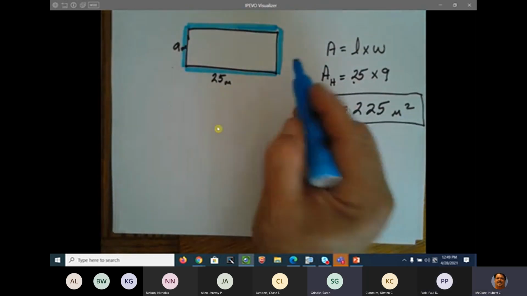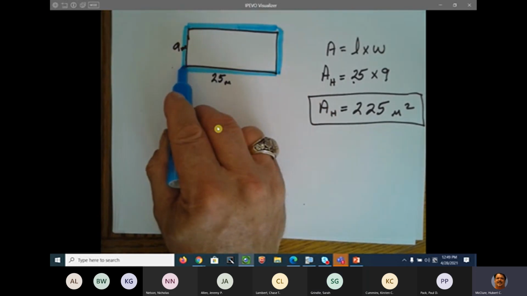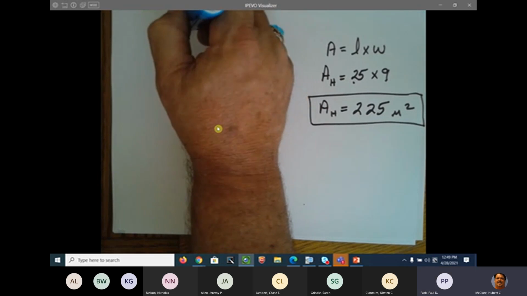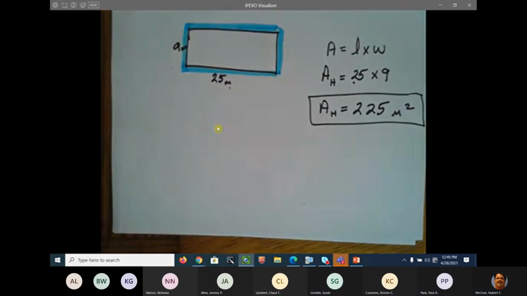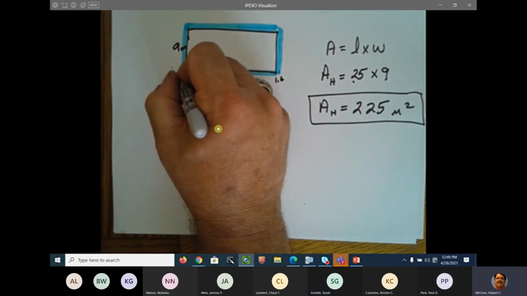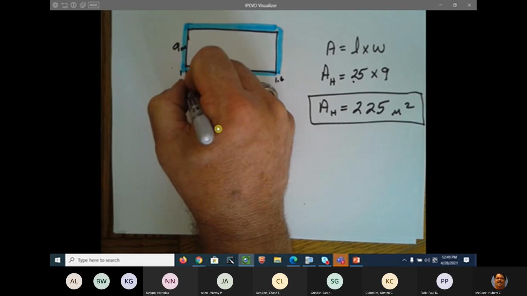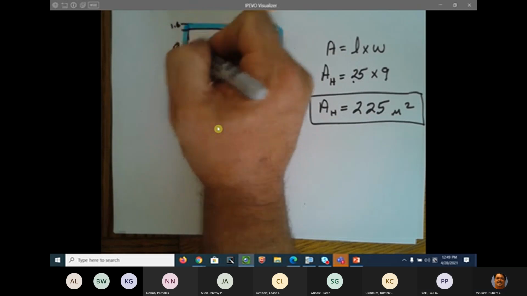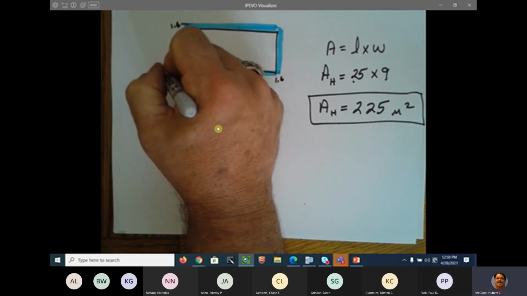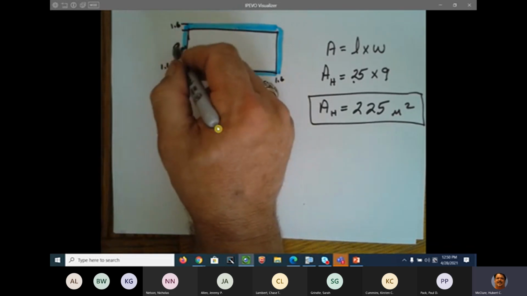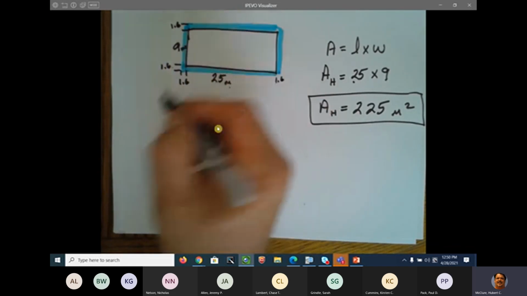Well, outside, it adds 1.6 and 1.6 to 25, and it adds 1.6 and 1.6 to 9. Did everybody see what I'm saying? Right. So this is 1.6, and this is 1.6 right here. And this is 1.6, and this is 1.6. So what is 1.6 plus 1.6? That's 3.2. So that'd be 12.2